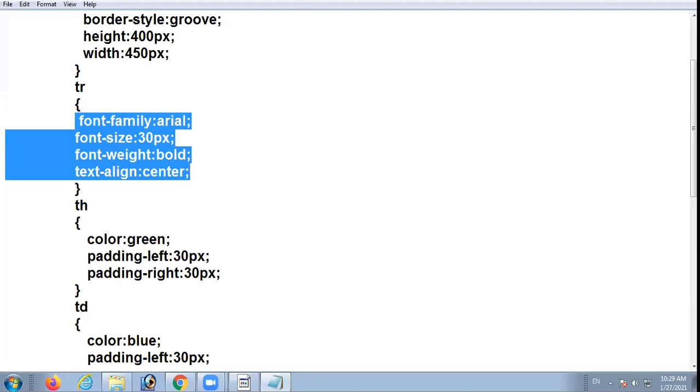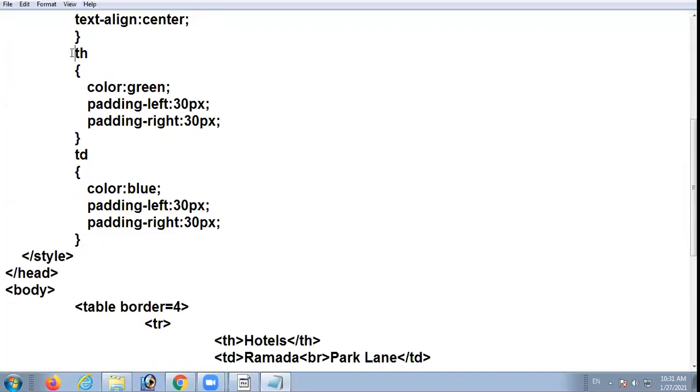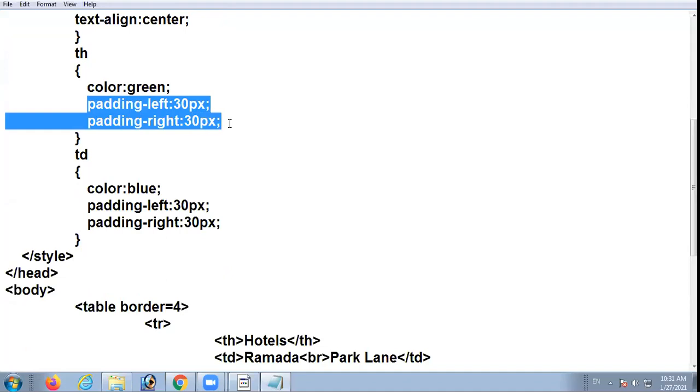Right? Now I have a question for you people. Now coming to the table header, the header row, I have taken the color green because I want my header row to appear in green color. Then I have set this padding. Beta, cell padding, or padding, is a feature that specifies the distance of the content of the cell from the border of the cell.